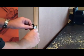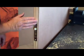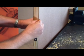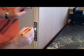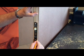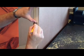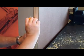The other thing we'll do is we'll put the lock back into the door, as the fore end of the lock has to be recessed into the door for a nice flush fit. All we do is we trace around the actual fore end, and while we're there we mark off the fixing holes. Either colour it in or just make a dot right in the centre of the hole, whichever suits you. We then remove the lock,